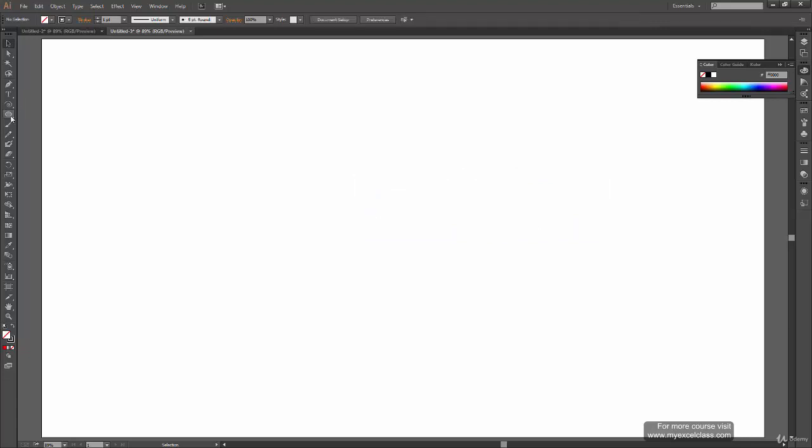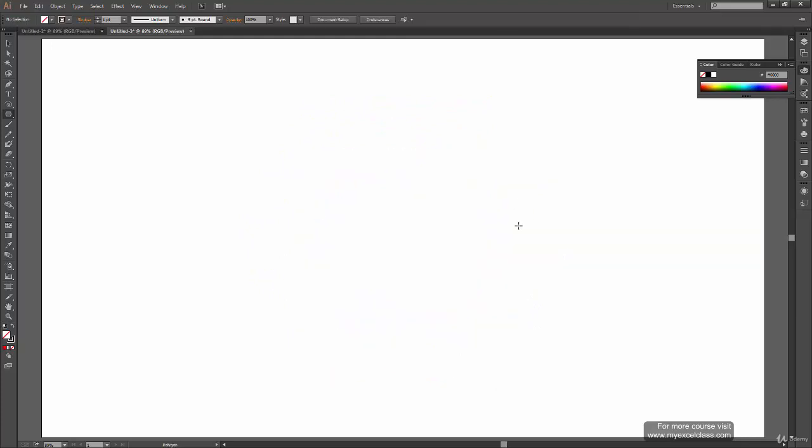Now the next tool we are going to see is an interesting one actually, that is the polygon tool. So select the polygon tool first and click and drag on your canvas to create a polygon. As soon as you start creating a polygon, you will notice that it's already expanding from all the sides. So one thing is sure, that the Alt key will not be an option key for this. Even if you press the Alt key, it won't change a thing.